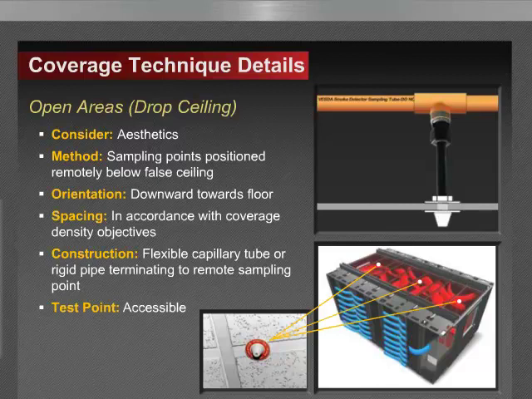So it's important to ensure that only fire-rated tubing and fittings are used in the construction of such drops, and that the tube lengths for remote drops do not exceed that listed by the manufacturer. Capillary sampling is also beneficial for strategically locating sampling ports within enclosures, such as fully enclosed cabinets, or in partially or fully enclosed containment aisles.